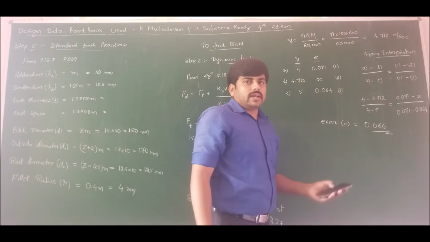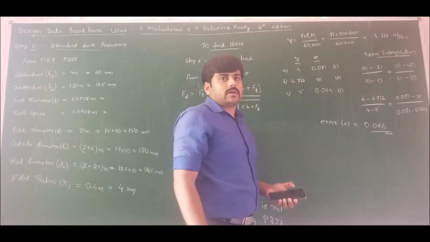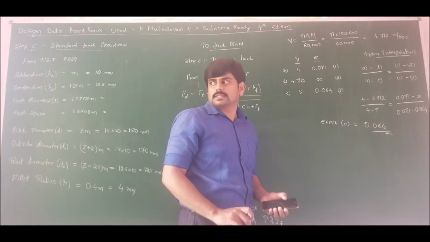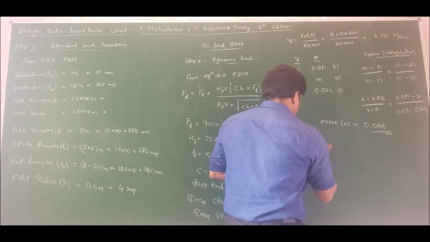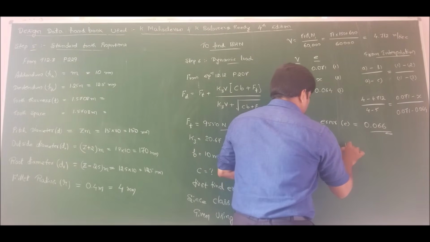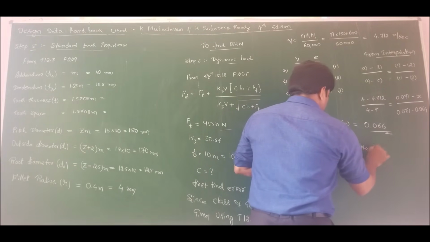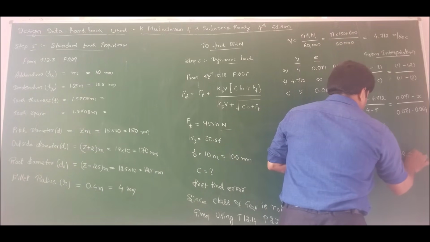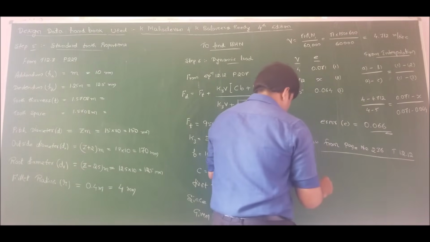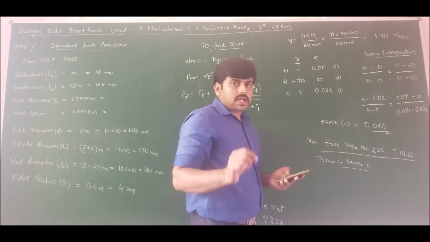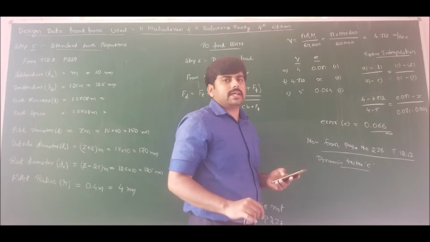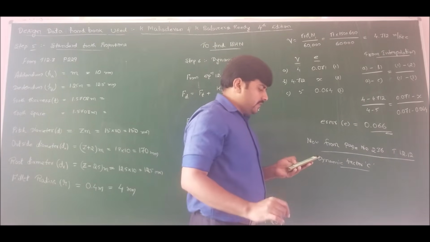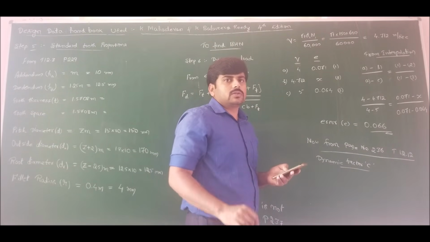Once we know the error, we can find the value of dynamic factor C by interpolation from table 12.12, page number 236. From table number 12.12, the dynamic factor: coming to the materials, the pinion is made of cast steel and the gear is made of cast iron, and we are designing for a 20-degree involute tooth form.